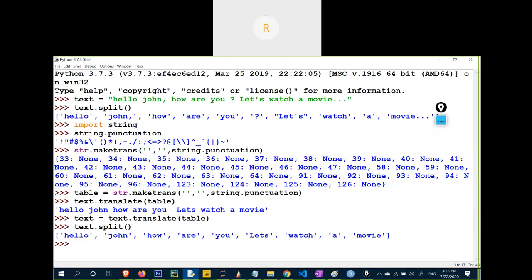The maketrans output is not clear. maketrans is basically a predefined function of string where we have two parameters, x and y. We generally use these parameters to replace something, but I do not have to replace anything. Then the z parameter is string.punctuation. Now it will return the dictionary. In this dictionary, I have 37, 38, 39. These are the ASCII numbers of these punctuations. So this is giving me this table. And I just put this table in the translate method and it will remove all the punctuations from my text data.